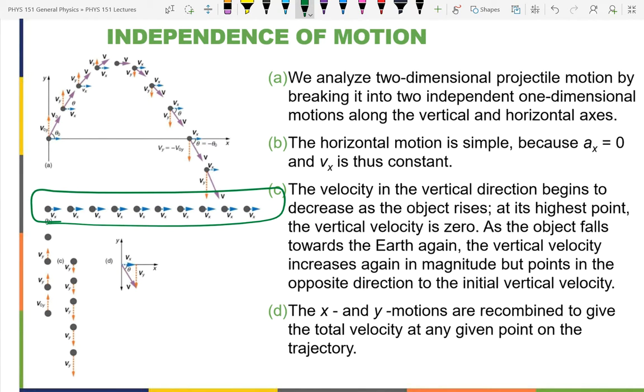Velocity was up, but acceleration was down, so the speed slowed down because they're opposite directions. As it came down, it got faster. Velocity was down, acceleration was down, so it sped up in the direction of motion. And so the spacing, you can see these spacings get bigger and bigger. This space here is bigger than this space here by a reasonable amount. It's not super large; with a longer time frame, you would have seen a bigger difference. But the spacing is changing because of the changing speed.